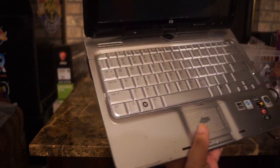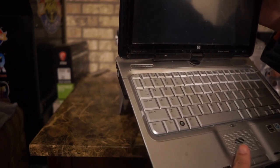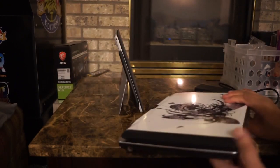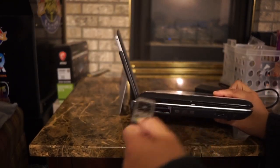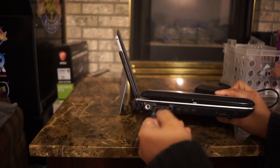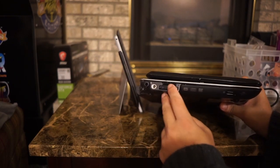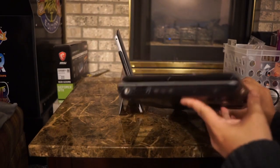This is the HP Pavilion TX2000. Now this is for its time, 10 years ago, this was great. It has multimedia control, an SD card or a big SD card, a CD-ROM or DVD-ROM to DVD,